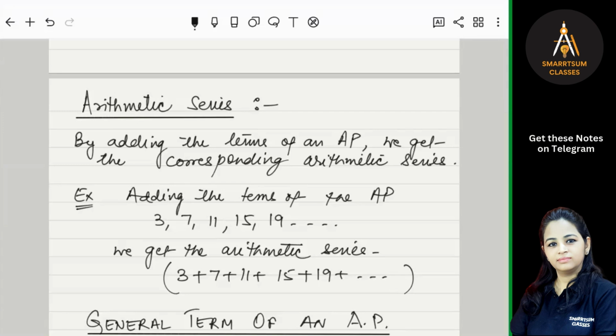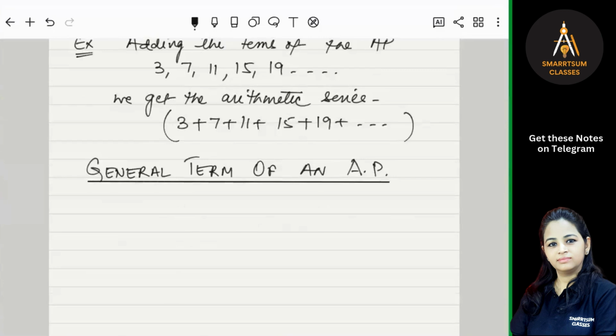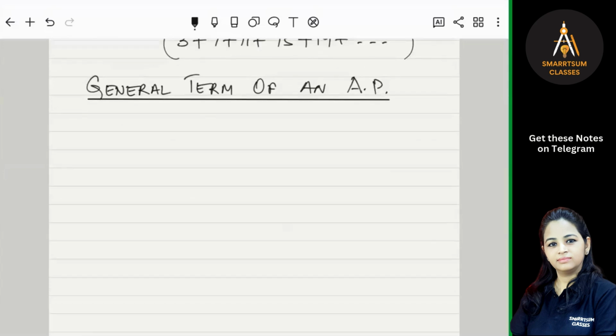So there should be a general rule with the help of which we can directly find the nth term of that AP. Am I getting my point? So in the general term of an AP, this topic, we will see how to find the nth term of an arithmetic progression using the formula. To find the general term of an AP, there is a theorem which says that